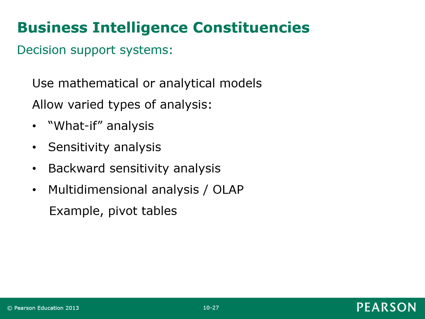Decision support systems are used for the semi-structured decisions made by the business analysts and super users. For making unstructured decisions, middle managers and analysts will use the Decision Support System, DSS, model and data-driven with powerful analytics and modeling tools, including spreadsheets and pivot tables. Examples of analytics used in decision support systems: what-if analysis, sensitivity analysis, backward sensitivity analysis,